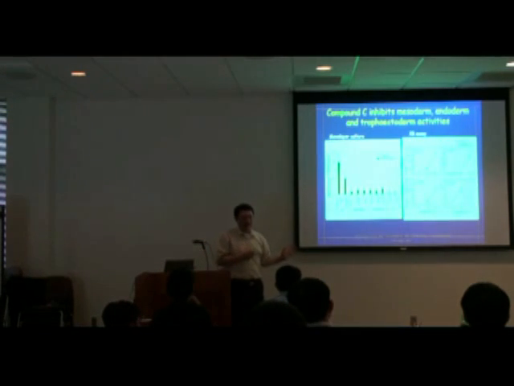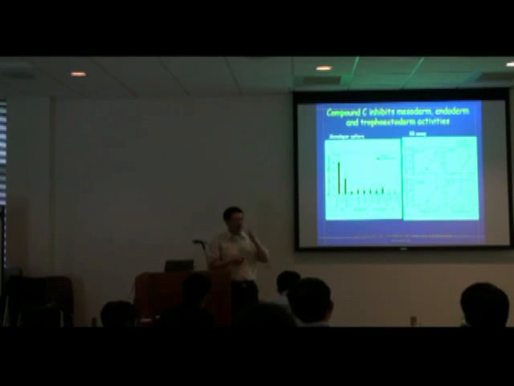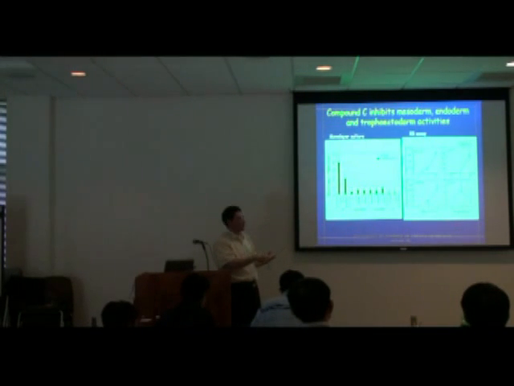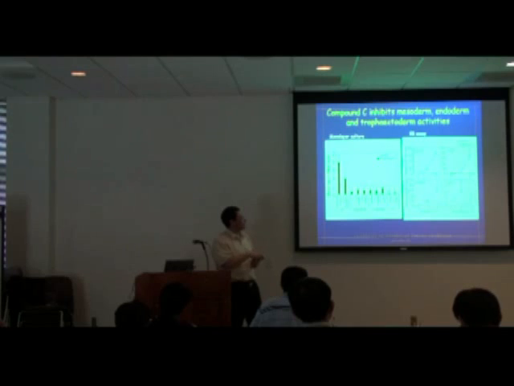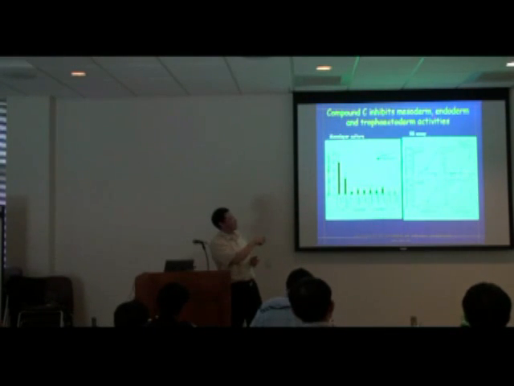Some basic assays turn out to be very useful for understanding how this works, right? This is a simple differentiation assay I showed you before. The goal of this study was to look at what lineage compound C can suppress. We know it suppresses differentiation for sure, but we don't know what lineage. So we use a monolayer assay and an EB assay to look at differentiation, right? Under EB conditions, differentiation markers go up very rapidly, self-differentiate, no doubt about it. But if you add compound C, the markers for mesoderm and endoderm are dramatically reduced. The markers for ectoderm, however, neuroectoderm, are unaltered, actually go up a little bit. So the conclusion is that compound C inhibits mesoderm, endoderm and also trophoectoderm activities.